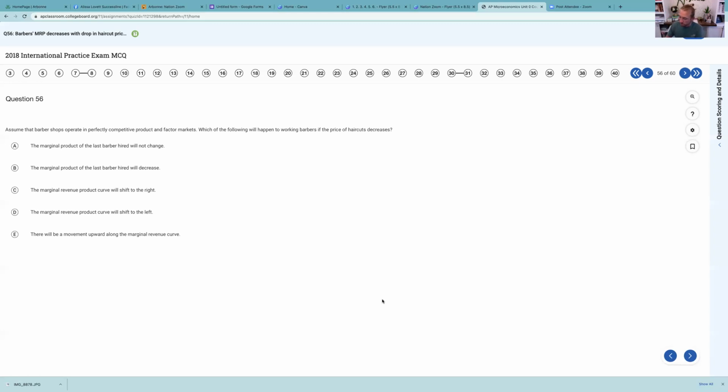Okay, so that horizontal line there is the additional cost of another worker, right? So it's the marginal resource cost. I think I just said marginal revenue product. That horizontal line is the marginal resource cost, the additional cost of another worker. Well, the additional cost of the worker is the wage rate set by the market, right? So if the market sets a wage rate of $100 a day for the barber, that's what the barber's going to cost, right? The marginal revenue product